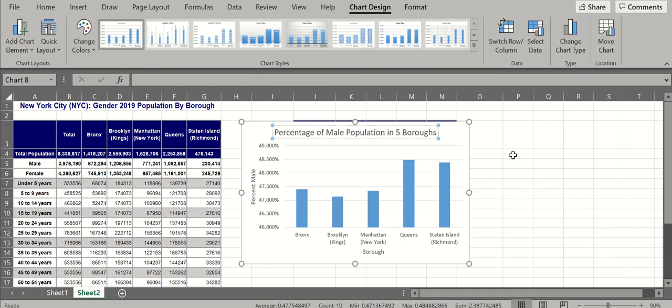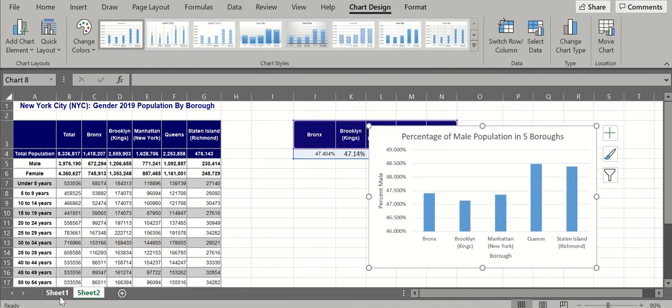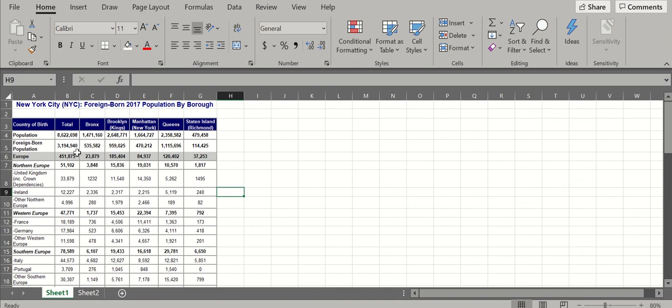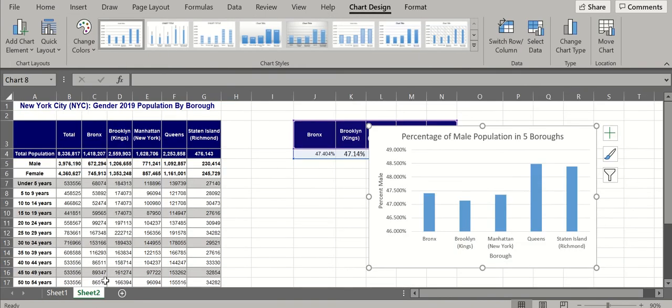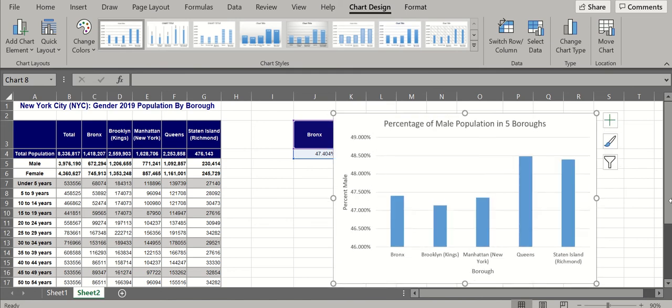Now, very similarly, you could make something like this for our integrated assignment 2. Instead of male, you're going to be looking at foreign population. So again, create another table. You're going to find the percentage of foreign population for each borough, and you would get a bar graph like this, right? And again, remember, I don't want an Excel sheet from you guys, so just copy and paste this,